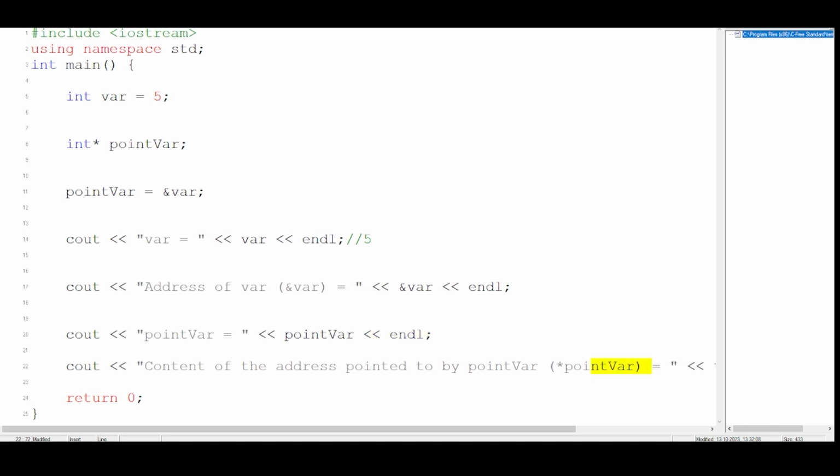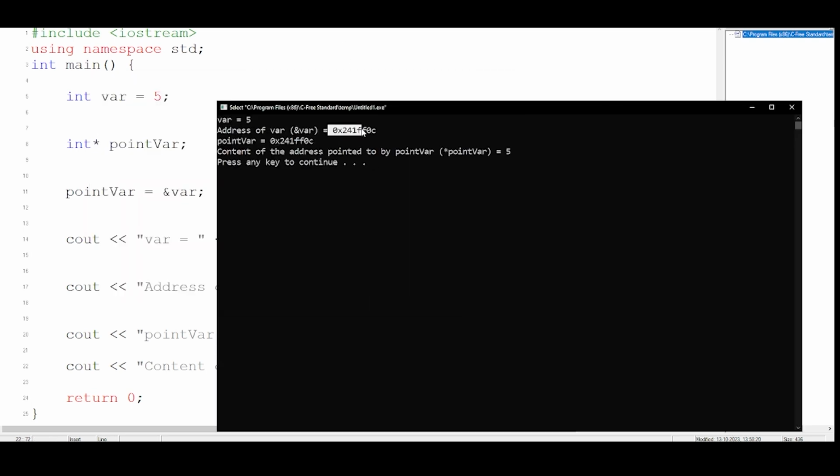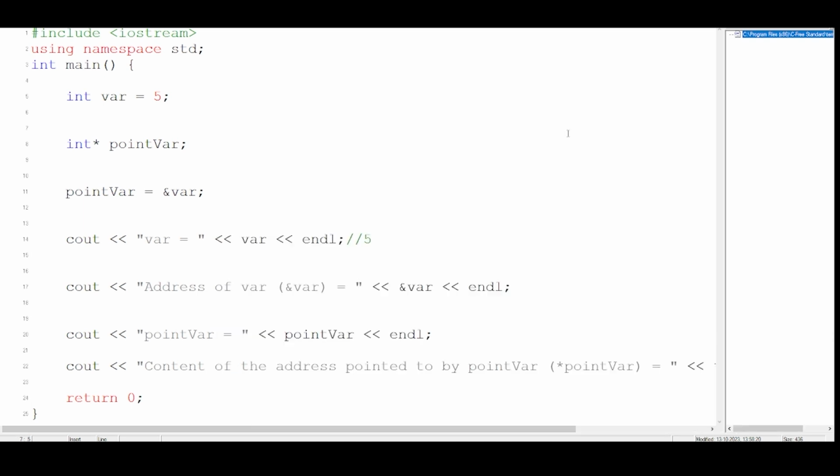So let's run the code and see. If you see over here, 5, and this is a random hexadecimal address, this is a random hexadecimal address as well, and this is 5. As you can see, both addresses are the same because I have already given the address of whatever normal variable I had to the pointer. The pointer already knows it, but since I'm printing it, both addresses will be the same only because they are in the same location. So this way, a pointer can store the memory location of another variable and even fetch out the value from it. So this is extremely important. That is the only thing you have to know currently as a beginner about pointers.